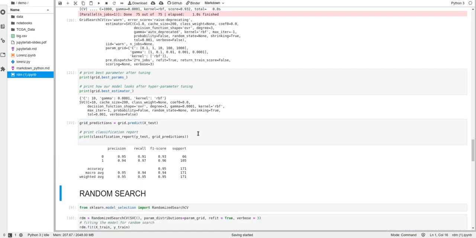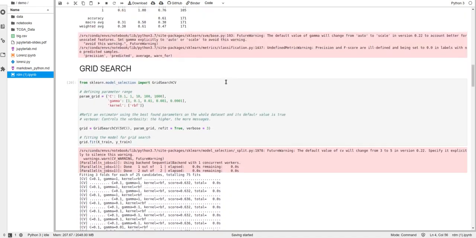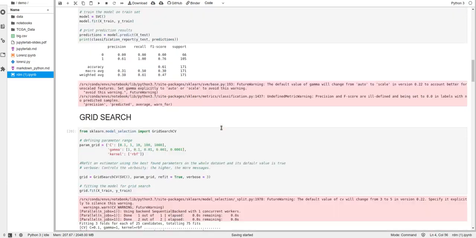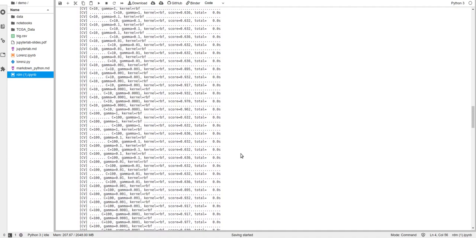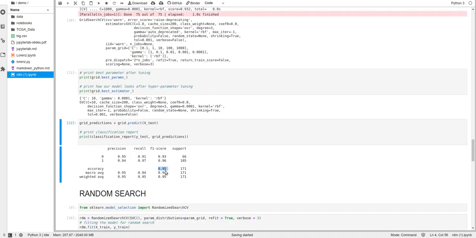Now here we will get the accuracy score of 0.95, which is far better than the 0.61 without any search. This accuracy is without any search, and this accuracy is after grid search. So you can see the difference. Here the accuracy level is very high.